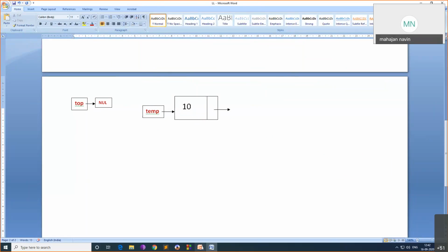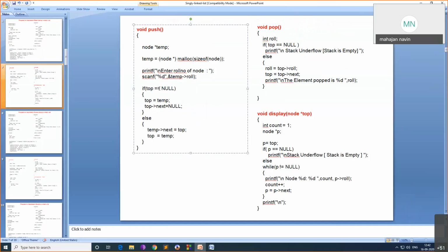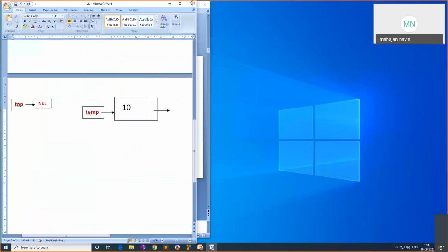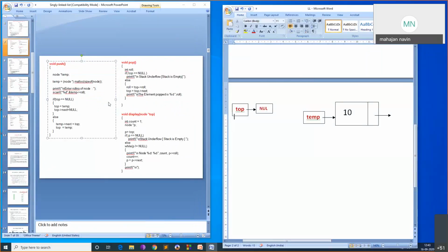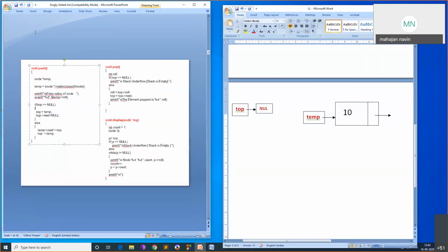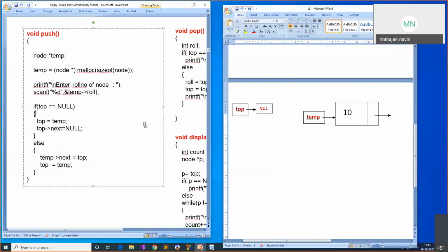And then what is the next command? If top equal to null, what will you do? Initially it's a stack program, initial top was null.